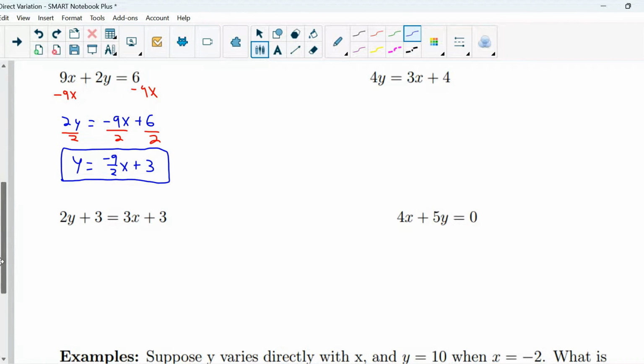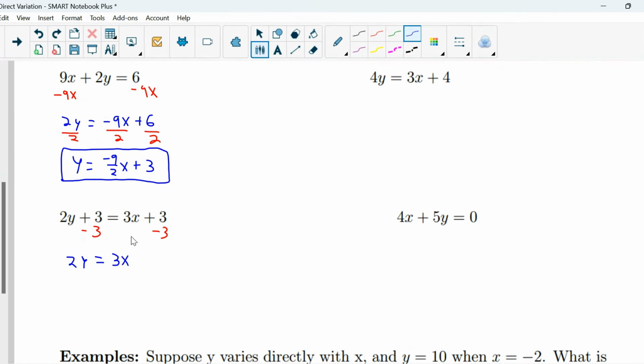And finally, for our last example here, solving for y. First, we need to move x to the opposite side of y. Y is on our left side, x is on our right side. Nothing we can do there. So now we just need to work on isolating y. So on the left side with y, we do have this plus 3 constant. So let's move it to the other side by subtracting 3 from both sides. Okay, that'll leave us with 2y, our 3's cancel, equals